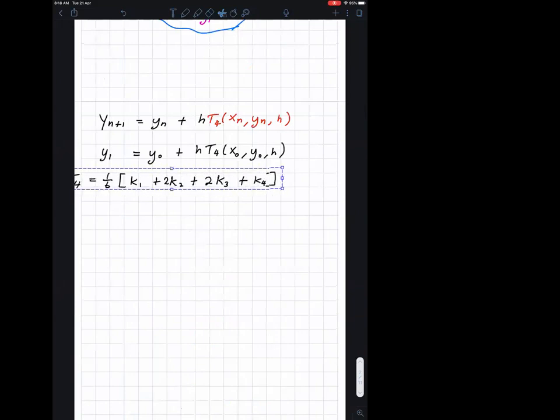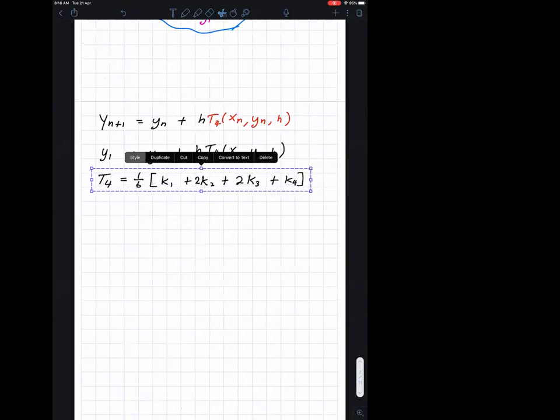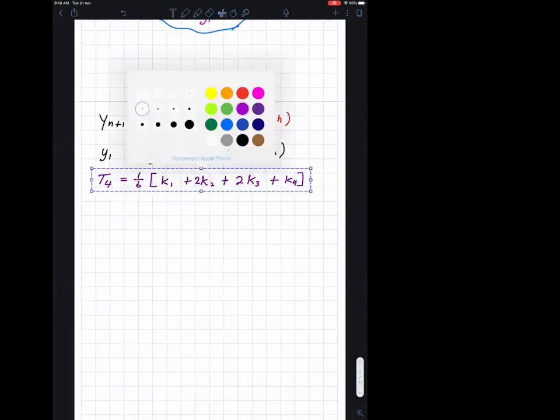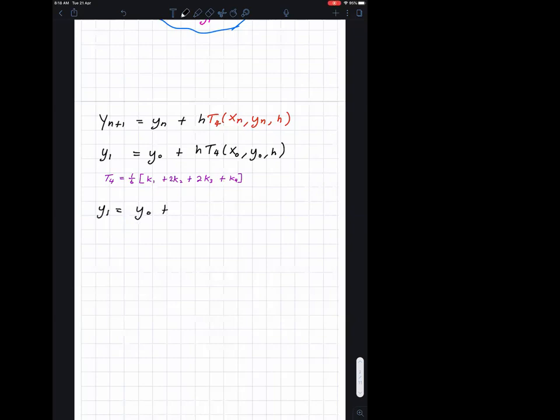Leave this for reference. Therefore, replace that T4 in your equation. Multiply by 1/6 of K1 plus 2K2